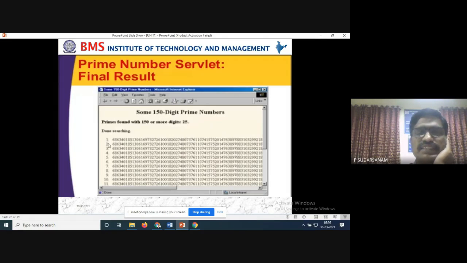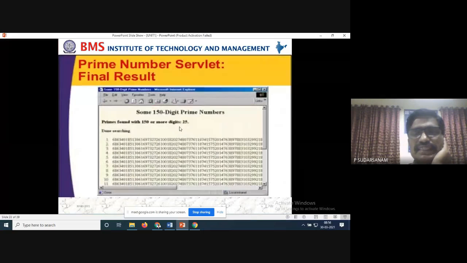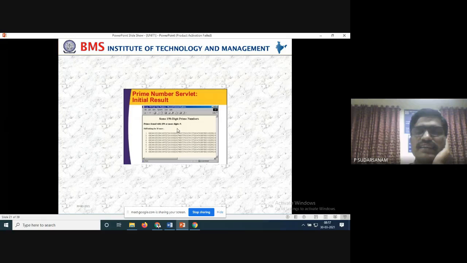And another one is once you make the refresh. So primes found with 150 or more digits, 25. Here it is 150 or more with 9 digits, 9. Here it is 150 or more than 125. That means more numbers, 25 here. Here the digits are nothing but 9 only.